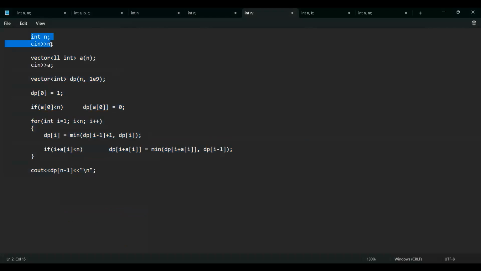See, first we are taking n as input, then we are taking array a as input. Initially, I have initialized dp with 10 to the power 9. Now, dp of 0 is 1. Why? Because dp of 0 will always be 1, because you'll have to remove this element. If I'm looking in the prefix up till only the first element, you have to remove this element if you want it to be a beautiful